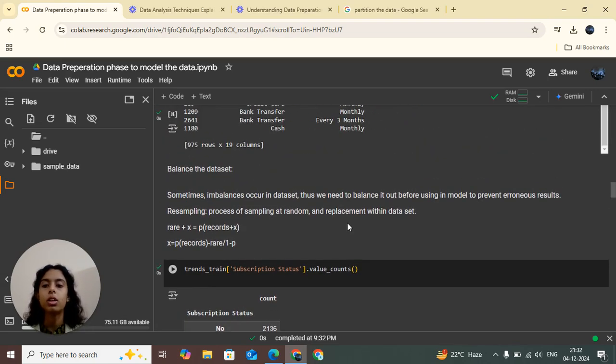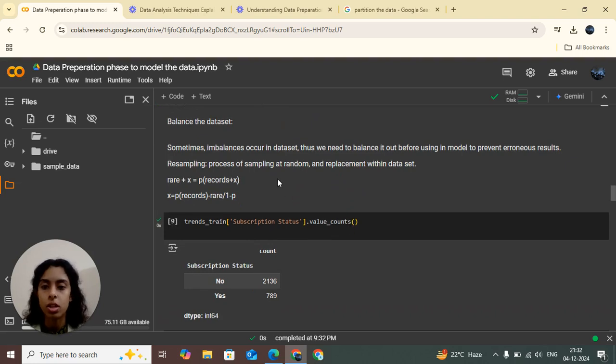If we train our data model on this data set, there are chances of erroneous data models, that means wrong outputs, such kind of things. So it becomes necessary for us to balance our data set. How can we balance our data set? We can balance it by